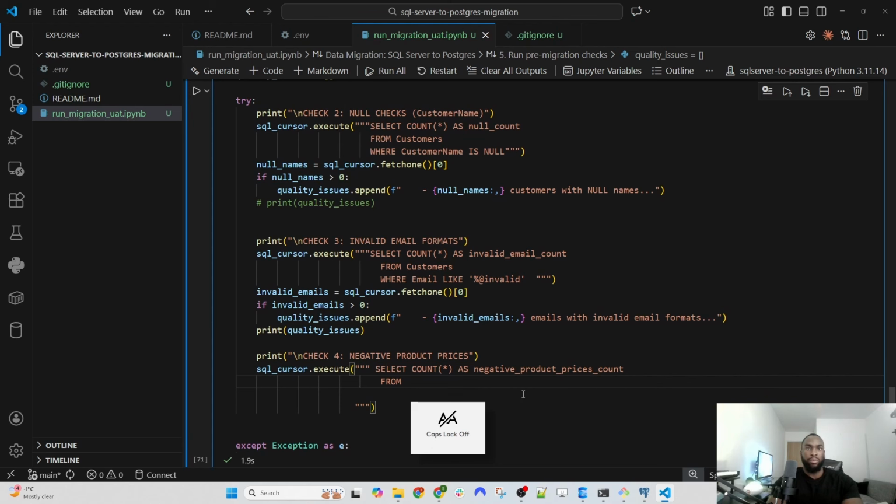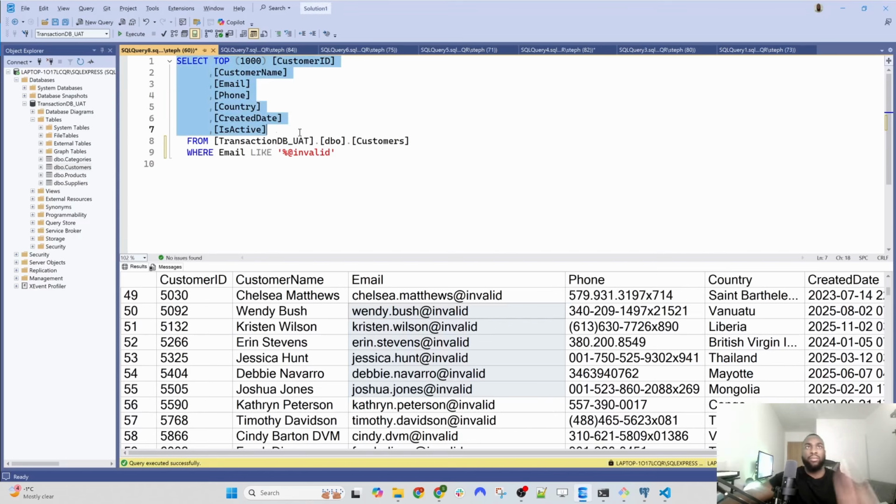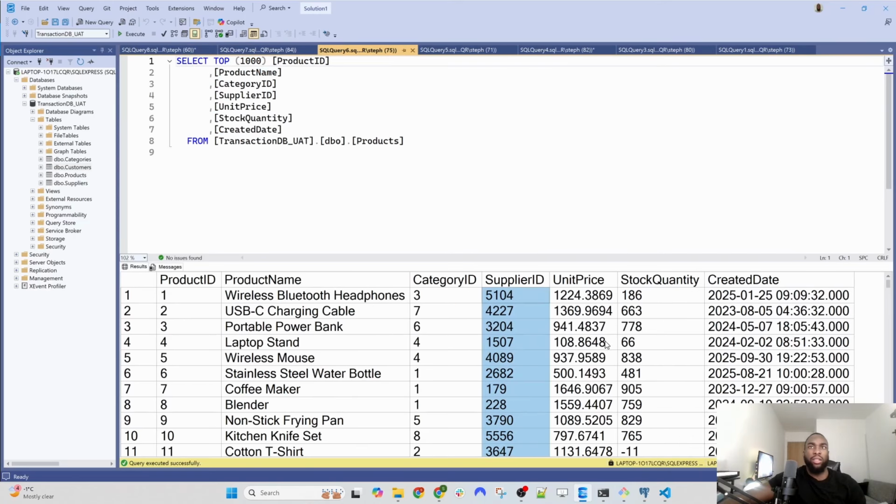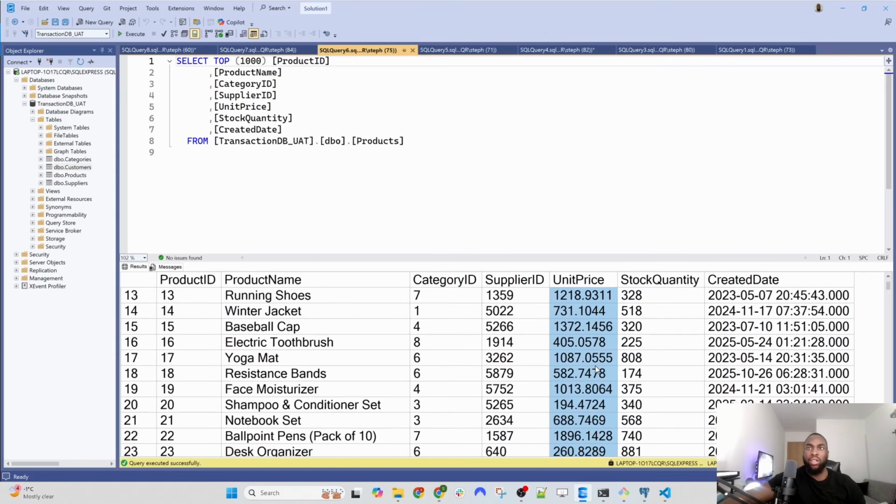Do from. This is going to be from the products table. If I was to go into products, so we're going to be looking at the unit prices column, right? And we can't have any negative values inside here. That would be wrong. So we want to specify that from products,